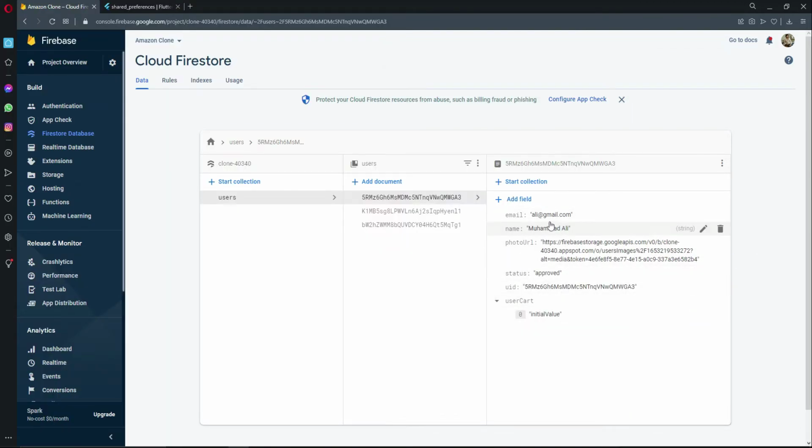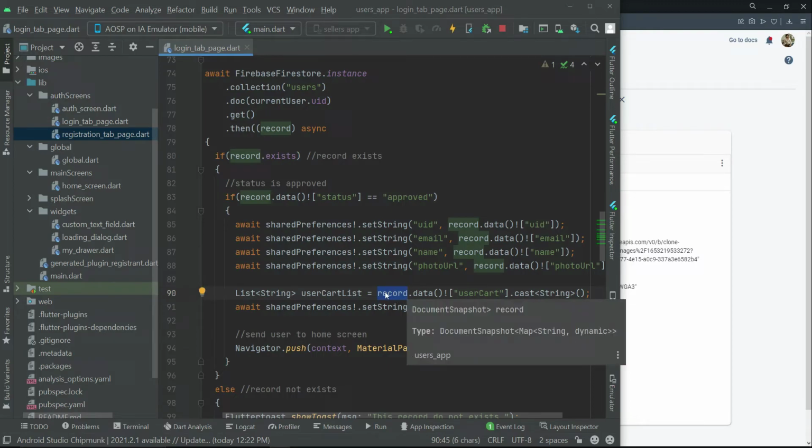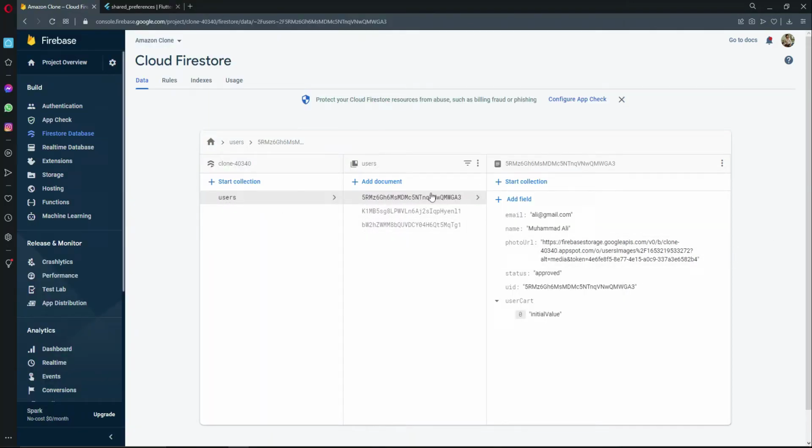Okay, so we get the values from here for the name, photo URL, and the status, of course. This information, that is the UID, email, name and photo URL, we share to the phone storage using shared preferences, that is, to the local storage. Similarly, we also retrieve the record from the Firestore, from the user collection for that specific user. So we get the user cart,